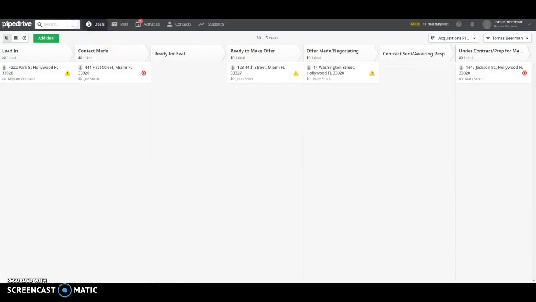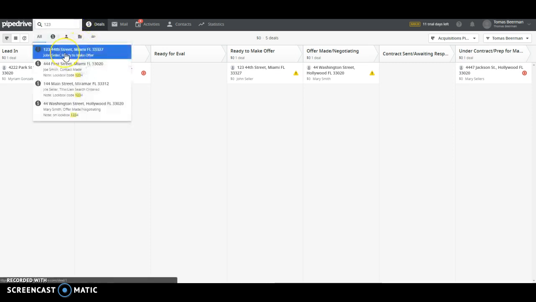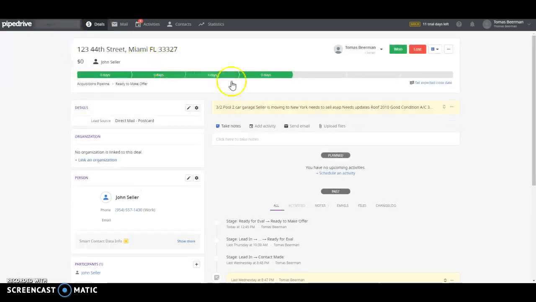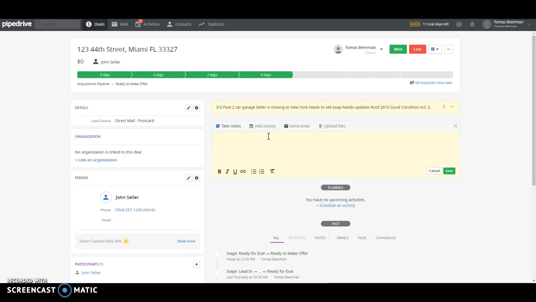The other beautiful part here is someone calls in. All I have to do is ask them, what property are you calling about? 123 44th Street. Okay, here it is. Or you can search for a name, or anything on the information. It's going to pull it up right here, even anything in that file. And boom, now you have all the information at your fingertips. You can take notes on the call, like owner called,